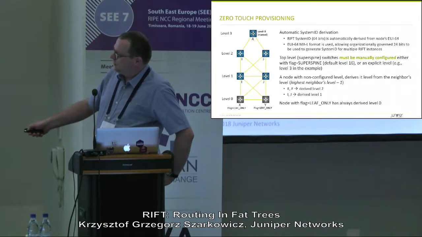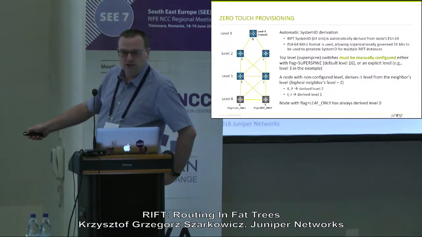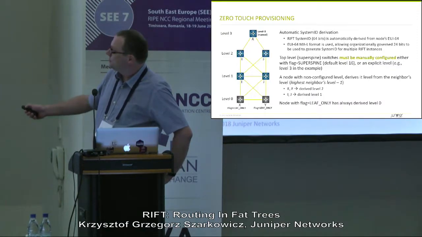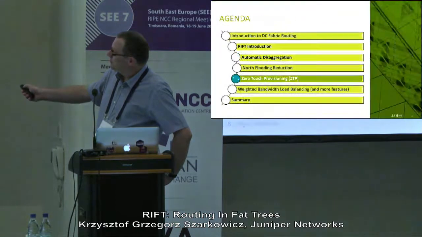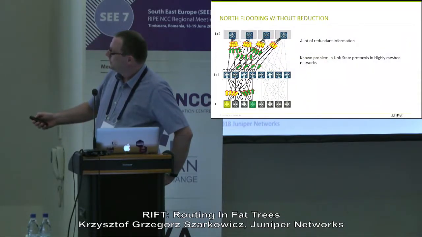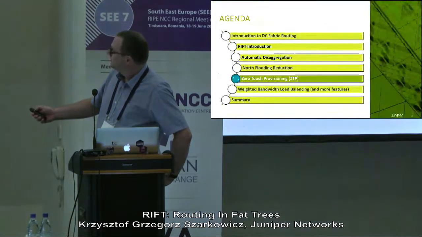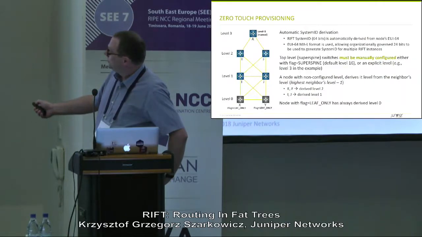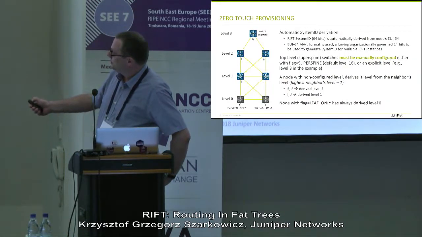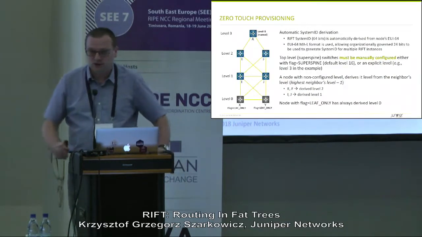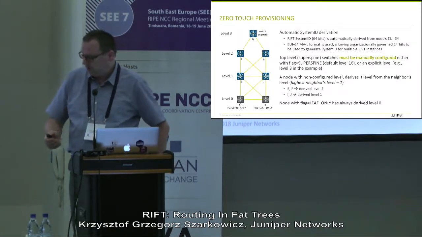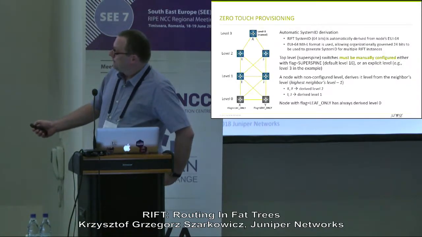You can imagine that you would like to have multi-topology routing. So in OSPF, for example, we have multi-topology routing, with RIFT as well we could have it, so we can use these 24 bits: 24 bits for organization governing, 24 bits for multi-topology, different system IDs for multi-topologies. Okay, then